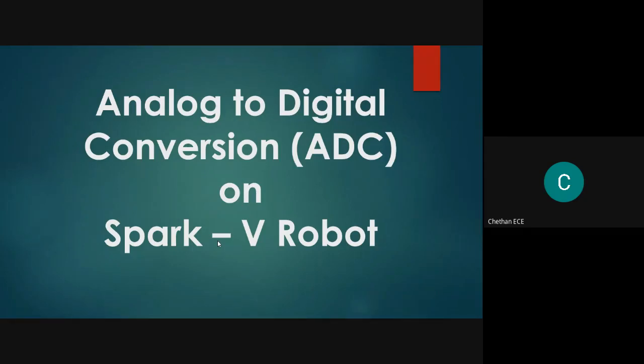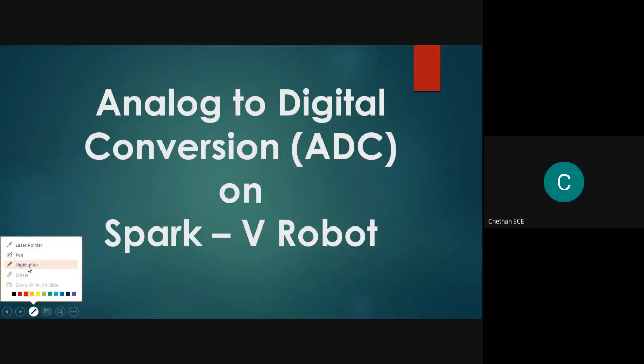Basically all these signals are analog signals, but our computing devices like microcontrollers and microprocessors are capable of performing processing operations on digital data. The world we live in is completely analog, but our computing devices understand data in digital form.